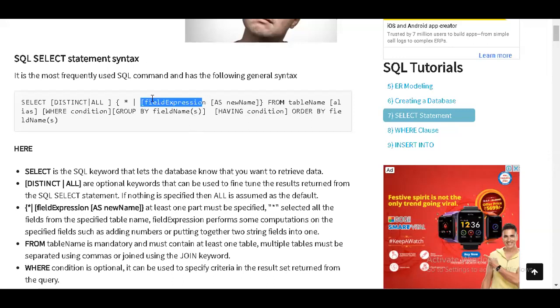Then if this field name should not be displayed on the screen, I'll be using the alias name. Again, this is optional. That's why when you see square brackets, you should understand that it's an option. That means whatever you want to display on the screen, I'll be using the alias name, so the function or content you write here will not be displayed.